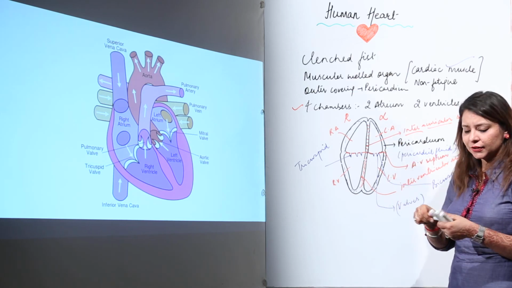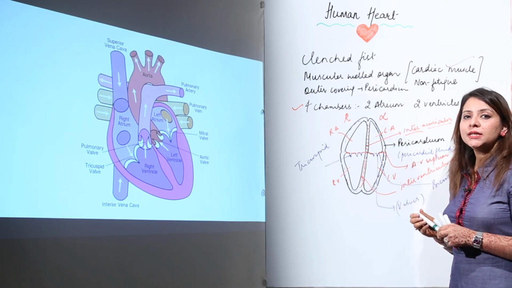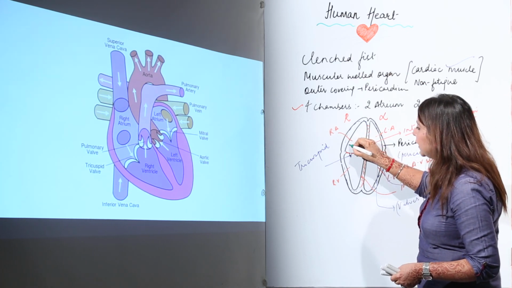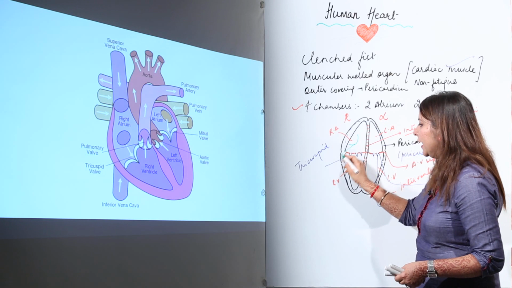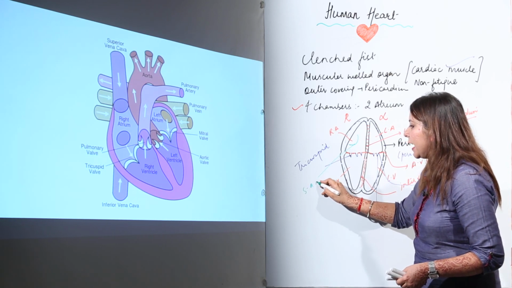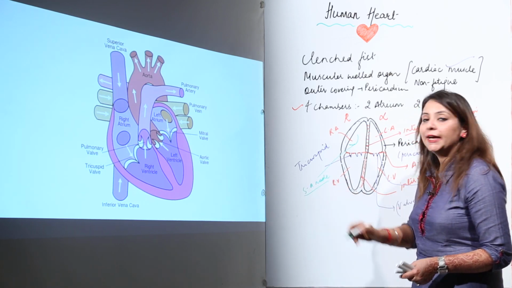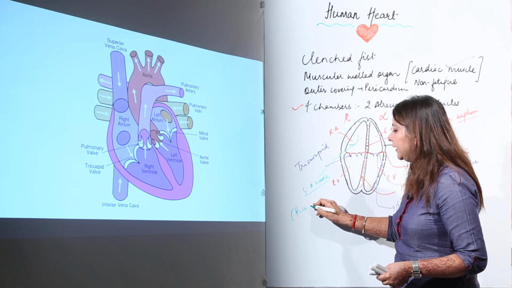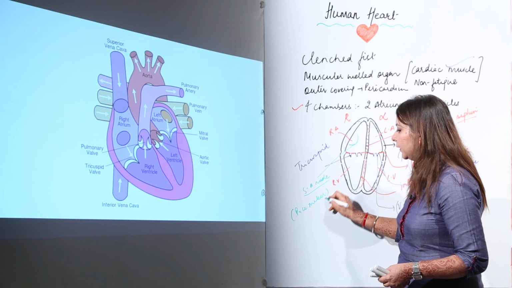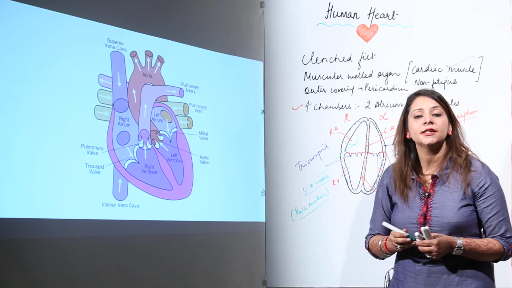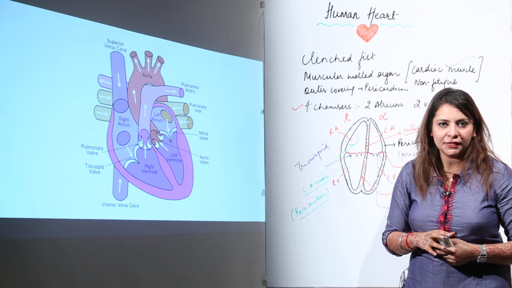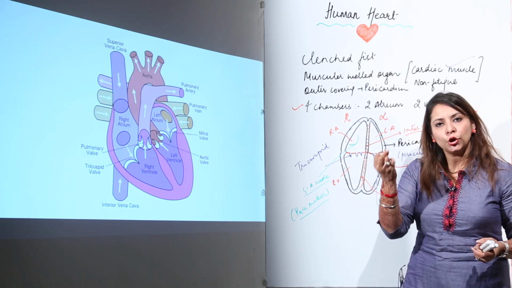So this is the structure, and there is one more important thing present in the heart. In the right auricle there is a cup shaped structure, called the SA node, that is the sino-auricular node, and it has a special name, pacemaker. It is called the pacemaker because it is the first to initiate the electric impulse in the heart, because you know that the heart is going to contract and relax.